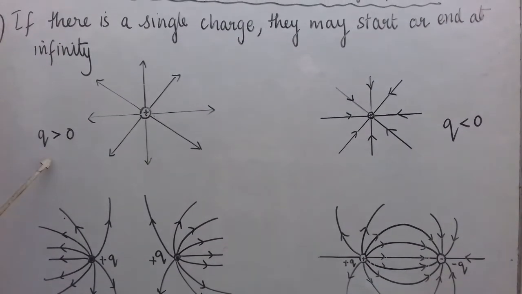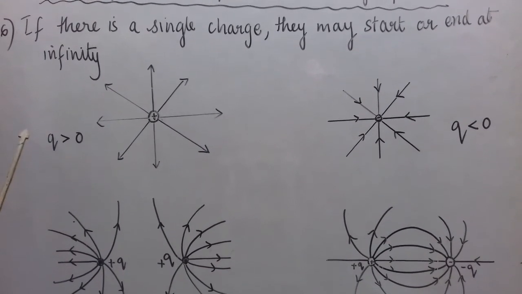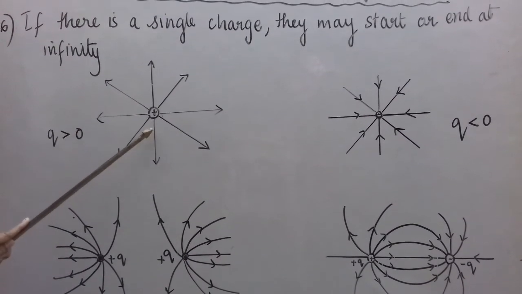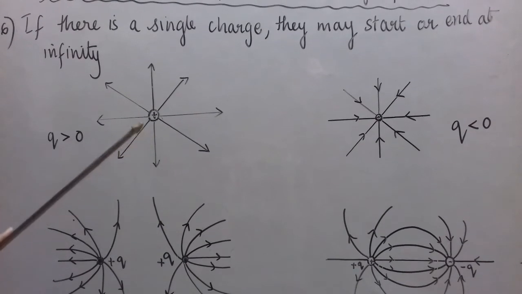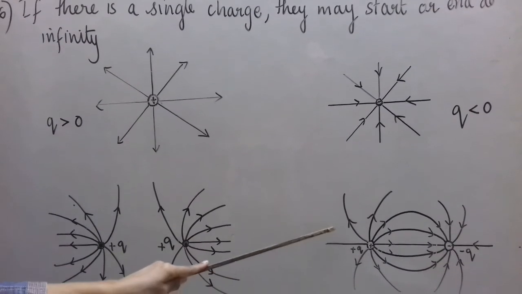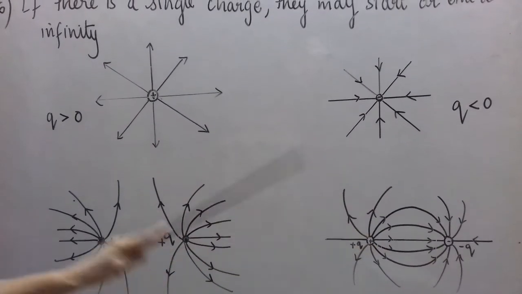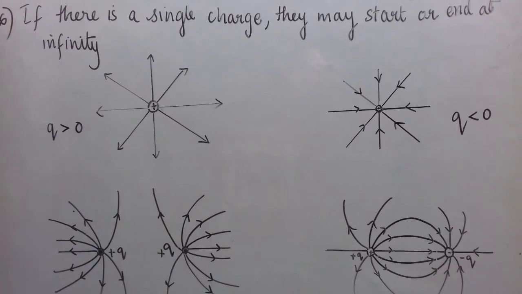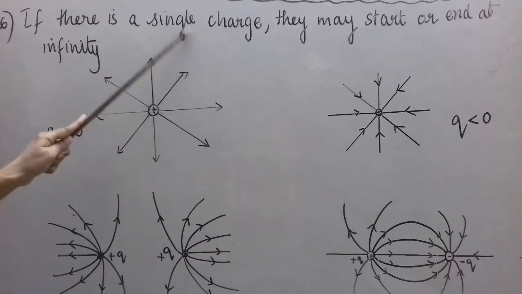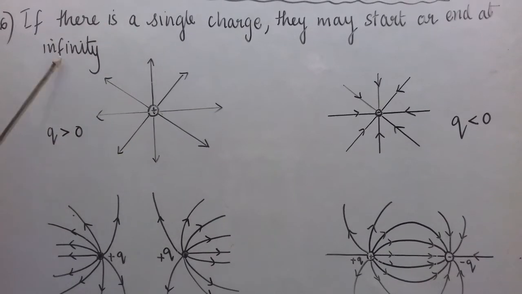Few properties I had explained to you side by side only. Like I had explained that two field lines never intersect each other, that we have done. Now, one of the properties was that electric field lines start from positive charge and end at negative charge. If we see this, yes, that property is correct. But I have written one point more, which can be added with that point only, or you can write it separately. If there is a single charge, like in the first and second case, then the field lines may start or end at infinity.